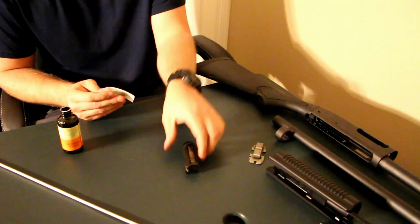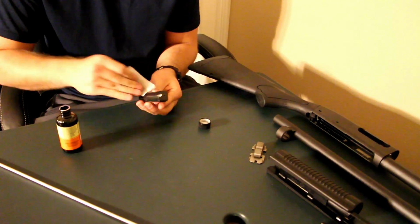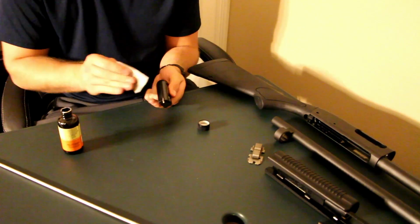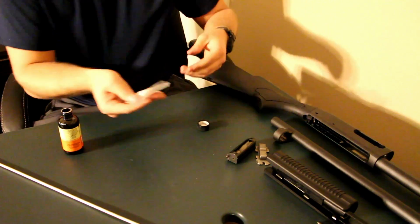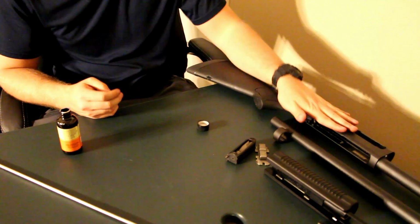That part's done. And this part, I just kind of like to rub it down. I'm not going to really try to get too much into it, just because it is dirty. Nice and clean. That one's done. Okay, and now we are going to move on to the inside, which on this one, I